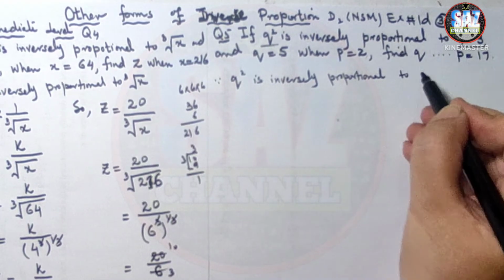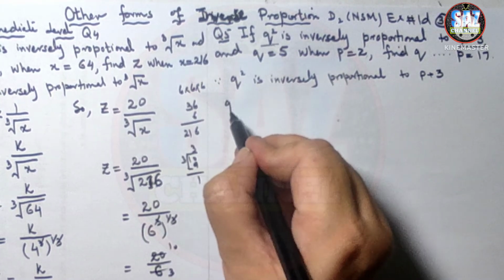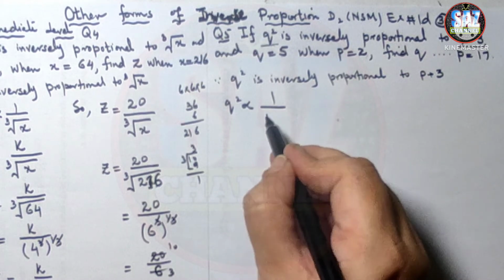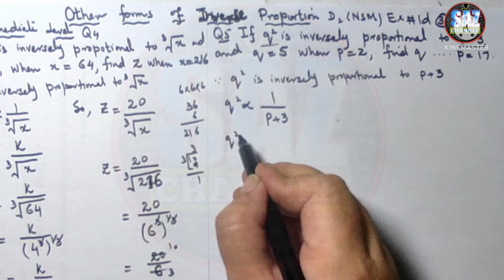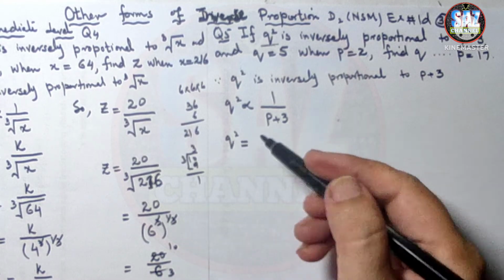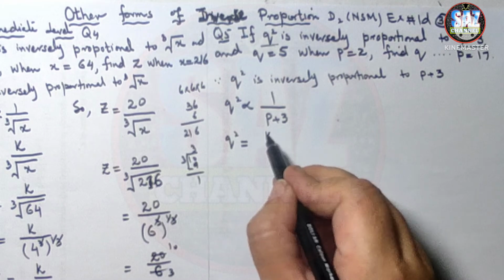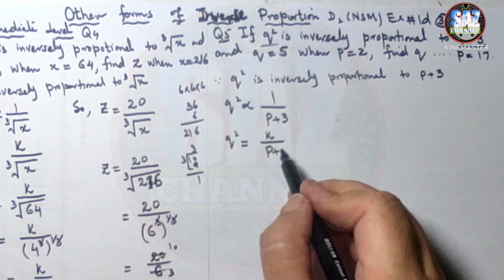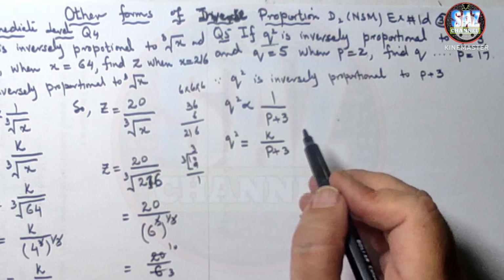To p plus 3. So what will happen? q square is inversely proportional to p plus 3, and then I have to remove this variation sign, the proportionality sign. I have to put the constant of variation, k, and it equals p plus 3. Okay, q square equals k over p plus 3, and there is the condition given that when q is equal to 5,